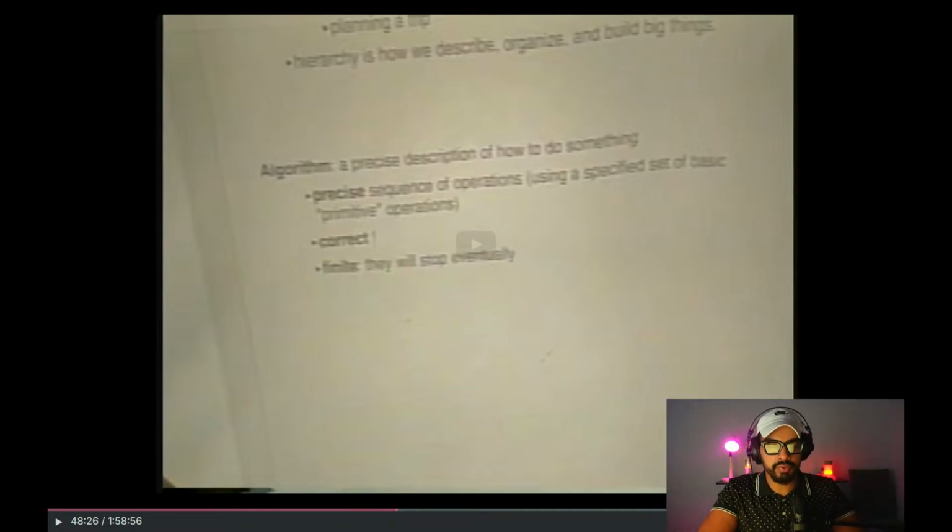Parentheses, using a specified set of basic primitive operations. He got that in parentheses. Primitive operations. I wonder if that